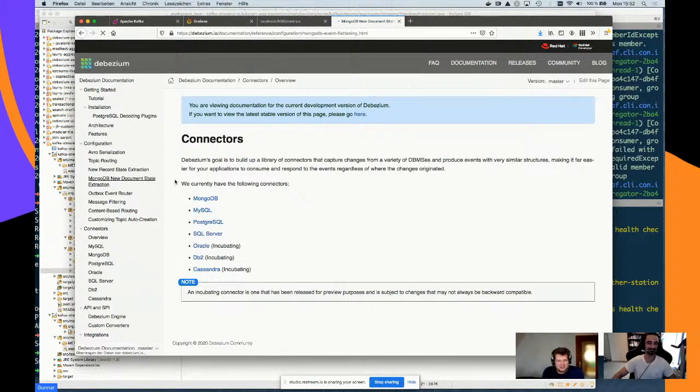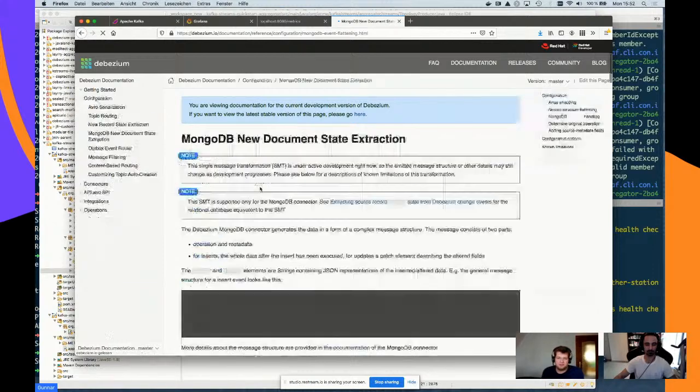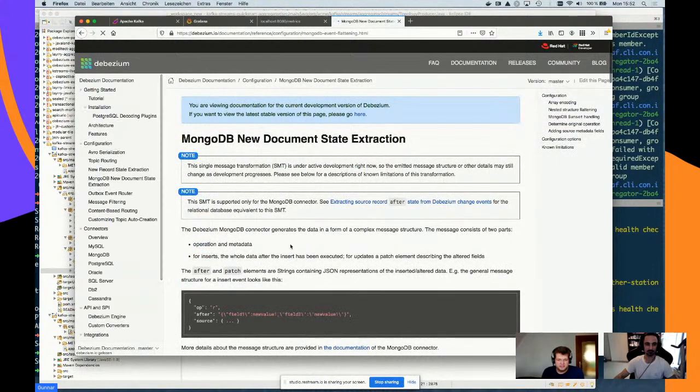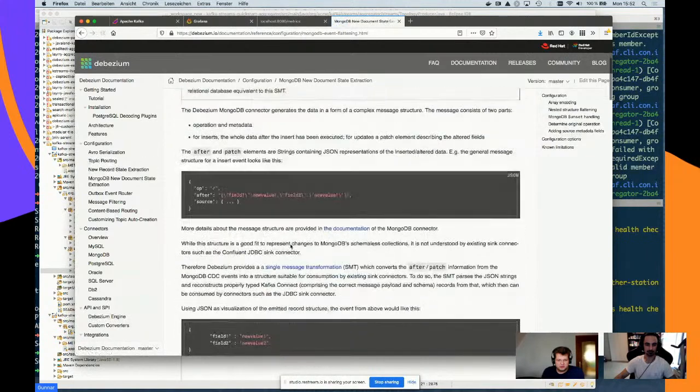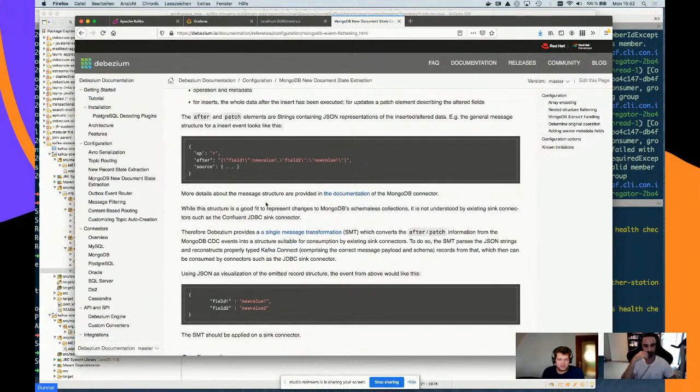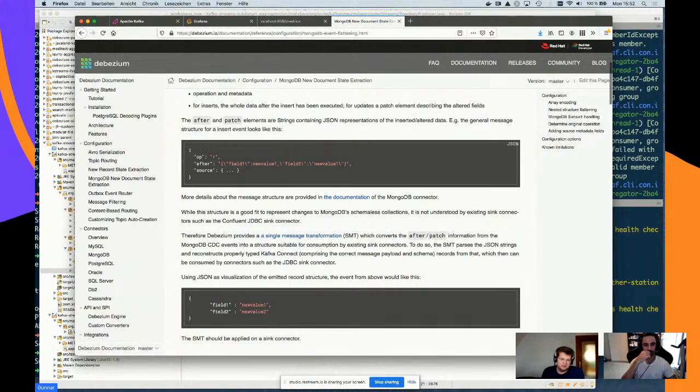What this one does is take this patch string, which we get from the MongoDB connector, and produce a typed structure. So this is how it looks. It's a simplified example. But what you would get from this connector by default is this single string, which contains a JSONified structure of the fields in my MongoDB document.